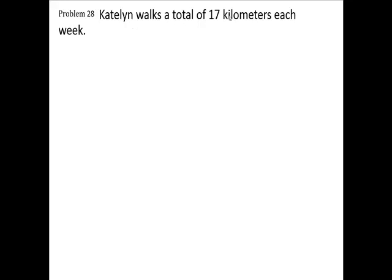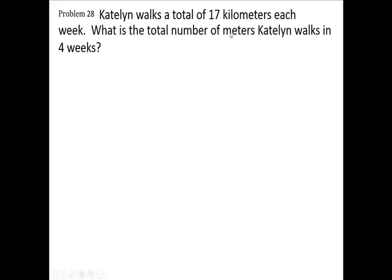Caitlin walks a total of 17 kilometers each week. What is the total number of meters Caitlin walks in 4 weeks? Key word there is meters, okay? Now we're going to work this problem